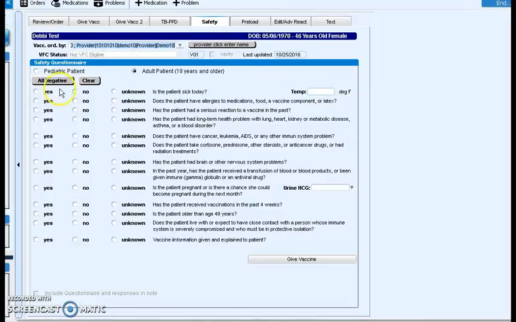And if you were to review these prior to administering the vaccine, once you are finished with your questionnaire, you could hit this Give Vaccine button, and that would return you to the Give Vaccine tab to go ahead and enter the immunization. So over here you have an All Negatives button. So if I select this button,